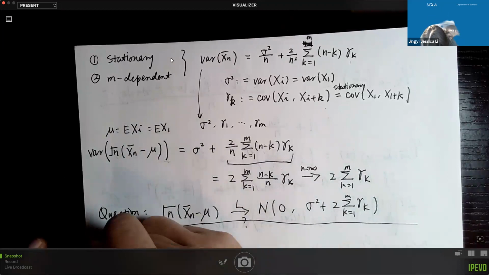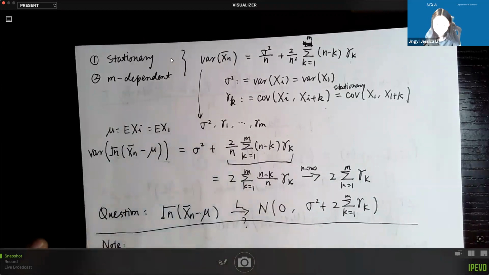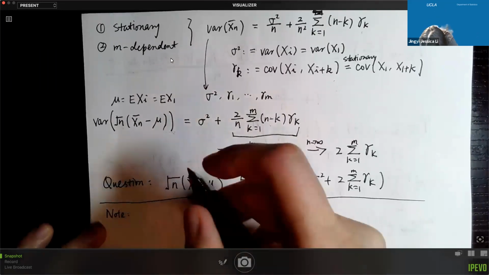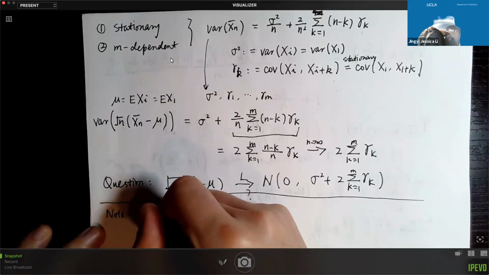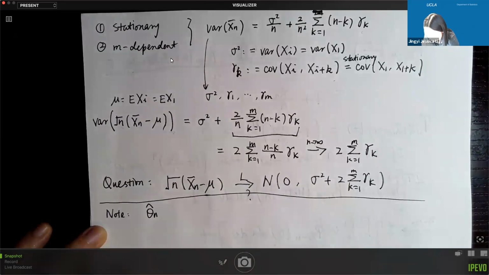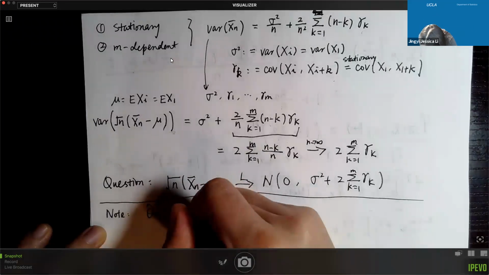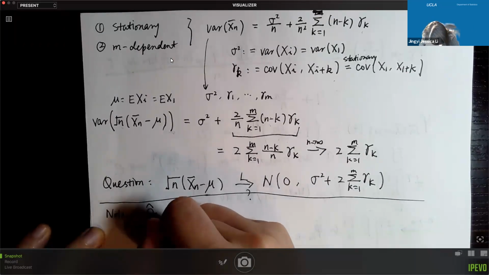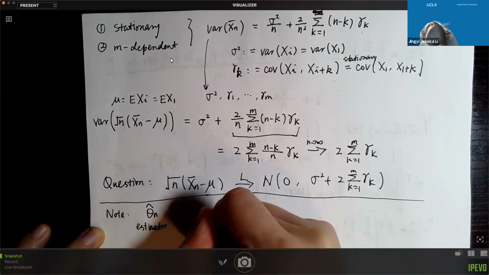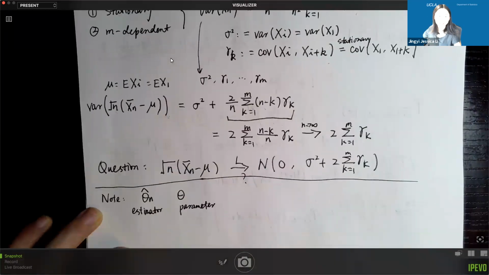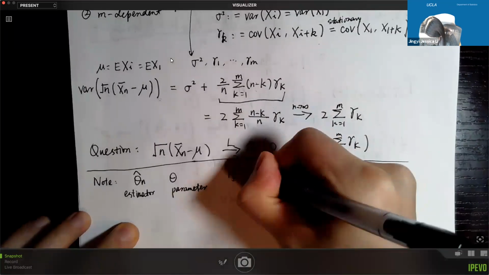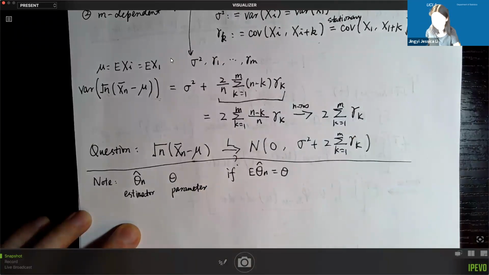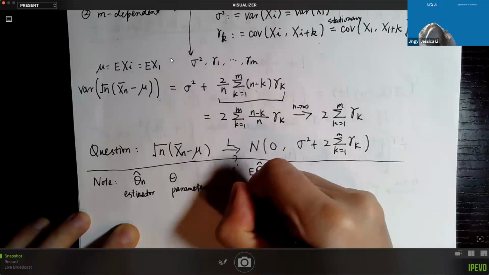So if you're going to show something for an estimator, right? So if we have an estimator, theta hat n, and if we have a parameter theta, okay? So this is an estimator. This is a parameter, okay? Then if you have the expectation of the estimator equal to the parameter, suppose you have that, then if you want to show